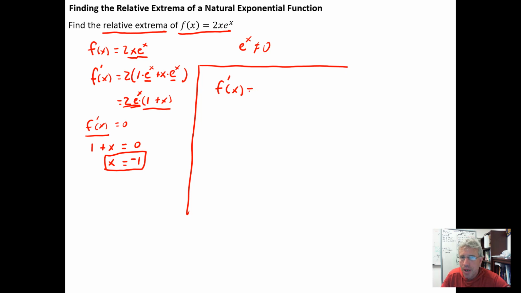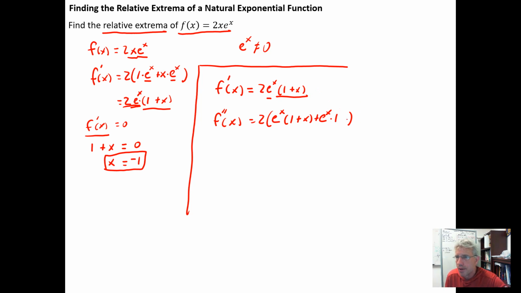So for example, if we want to use the second derivative test, we would start with our derivative f prime equals 2 e to the x times 1 plus x. And then we would find the second derivative of f of x using the first derivative. So I'd get 2 times parentheses, and I'm going to use the product rule again. The product rule says take the derivative of the first function, which is e to the x, and the derivative of e to the x is e to the x. Multiply it by the second function, plus, now take the first function, which is e to the x, and multiply it by the derivative of the second function, but the derivative of 1 plus x